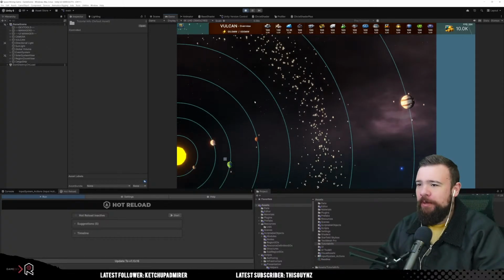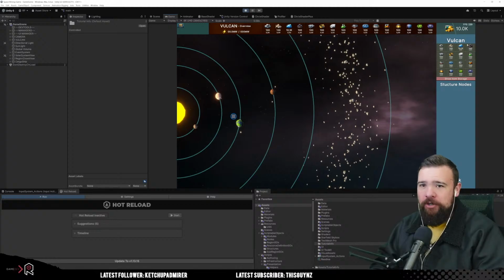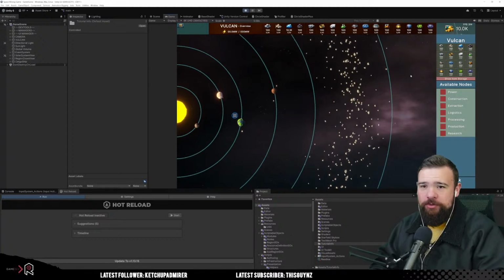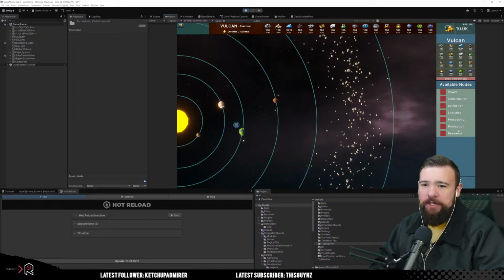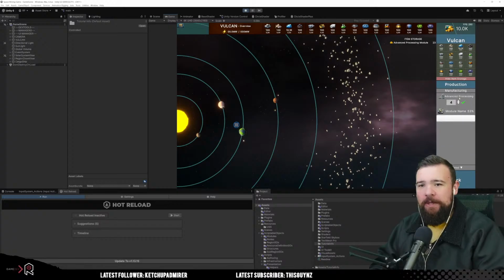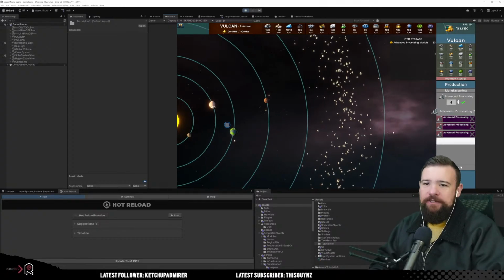Okay, so basically, if you click on Vulkan, we can still see the resources, but now we have this show item storage button, right? Show and hide. And if you go and you click on production, for instance, let's say you show it. I also just put in some icons to make it look a little bit better. But if I make advanced processing modules as an example,